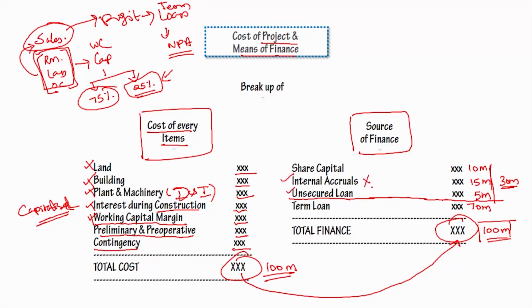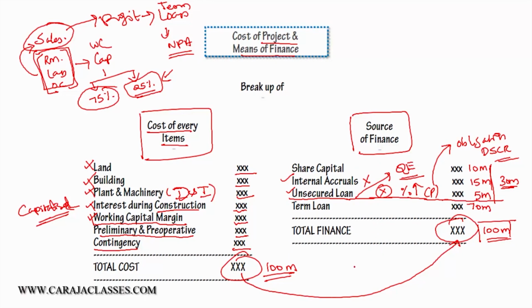They may say that they are not going to accept this, because if this unsecured loan comes with a higher interest rate, then even though it is coming from promoters, it is also creating an obligation, and it will also have an impact on what is known as DSCR, debt service coverage ratio. Or if this unsecured loan can be treated as quasi equity, then it is fine. So how this project is going to be funded, what is the source of finance, what is the split up, that should be given, and by looking at this, the sanctioning authority will be able to frame the soundness of capital structure in addition to what is discussed in the techno-economic viability report.